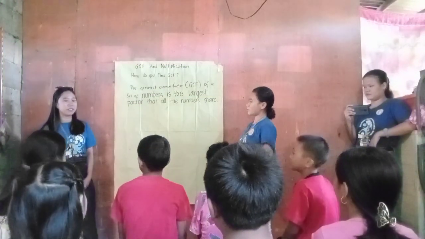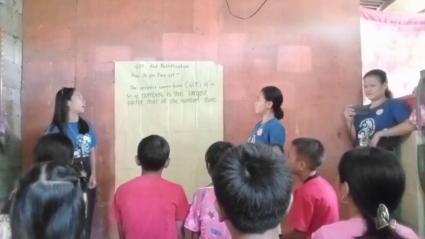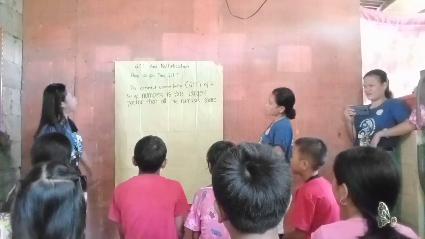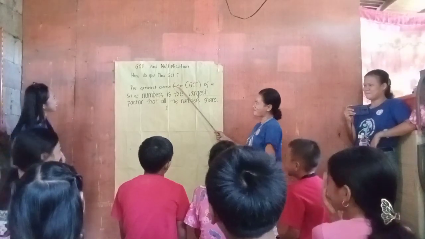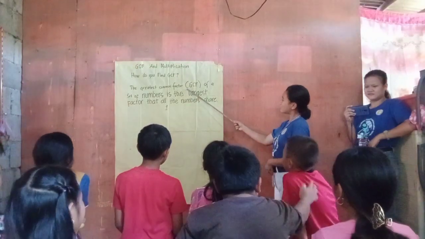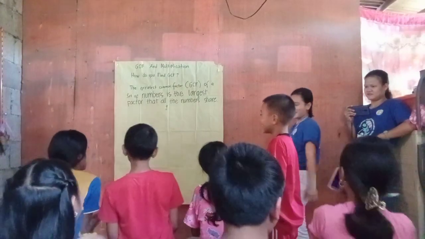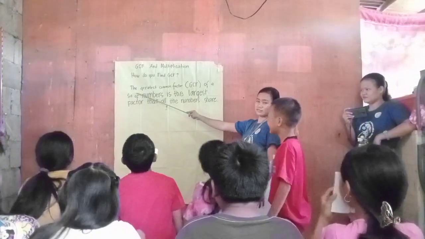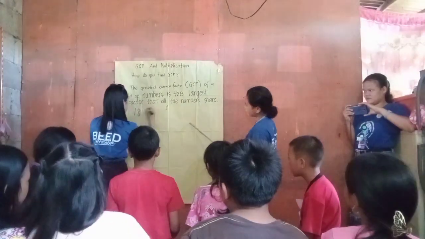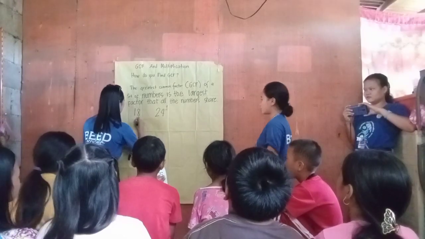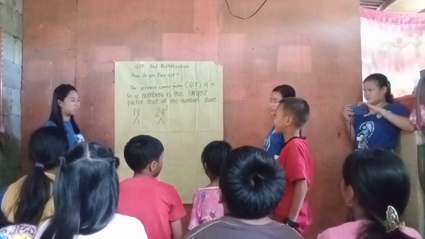So, our topic for today is about ratio and proportion. But before we start, let us introduce to you the GCF and multiplication. Teaching them GCF and multiplication before teaching them ratio and proportion can help them more easily understand the topic discussed. After that, given the numbers 18 and 24, we find the GCF of both numbers,